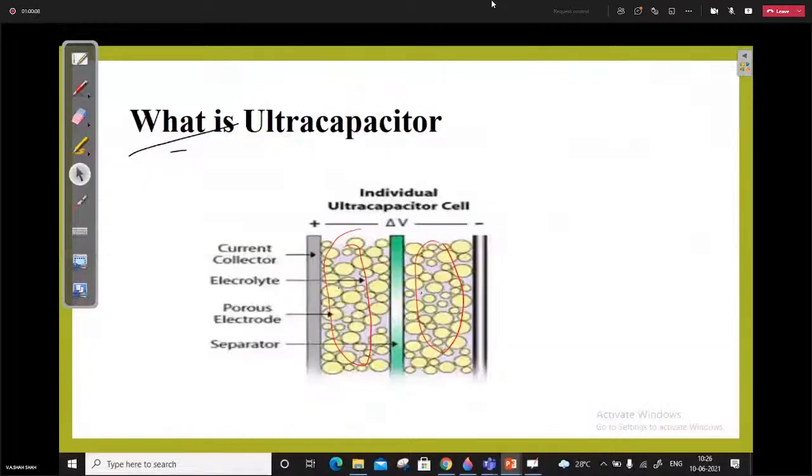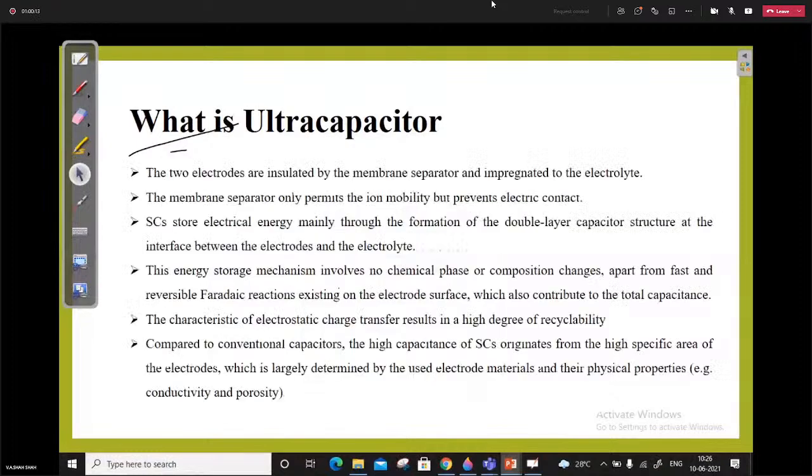So in the case of a supercapacitor, two electrodes are insulated by membranes impregnated with the electrolyte. The membrane separator only permits ion mobility but prevents electronic conduction. Materials include metal oxides, manganese oxides, and conducting polymers such as polyaniline, and in the case of nanocomposite-based material, on which people are now focusing their research,